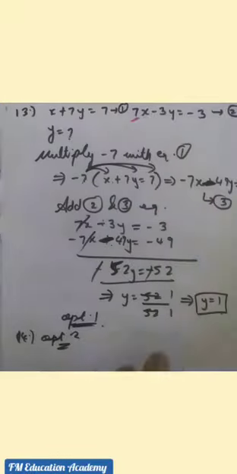How to change the value of y here? What we can do? We can multiply this y with plus 5. Already we have minus 5y here. So if you multiply with plus 5, it becomes plus 5y. And minus 5y and plus 5y means both equations we can add. Y variable will get eliminated. We'll get the value of x. Okay, I'll show you how to do.